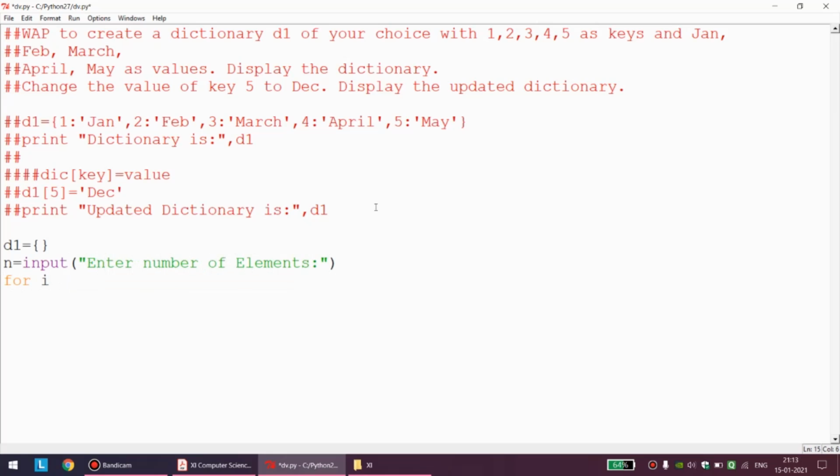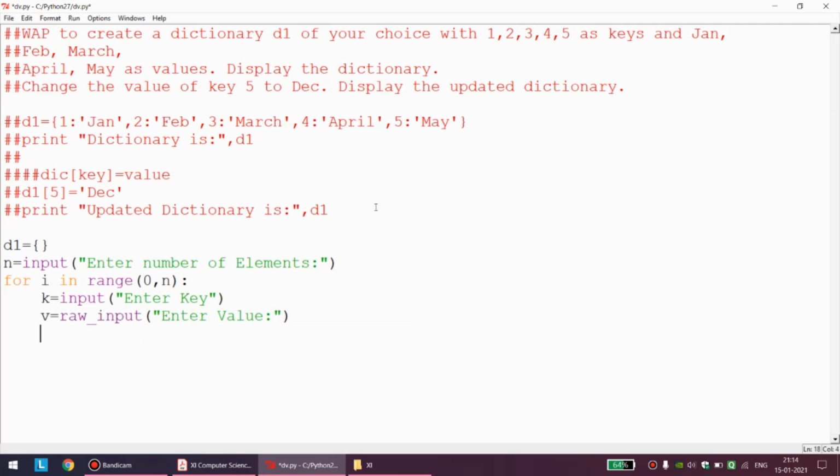And as you know, always we are executing the loop for i in range, let us say 0 comma n. Suppose the user asks 5 times, my program will ask for input. Remember, here dictionary deals with two things, keys and values. So we have to take input twice. One will be for keys, and here we have decided that key will be an integer. So let us say enter key, and here we have mutually decided that value will be string. Okay, and I already discussed in the introduction part, dictionary can accept keys, values as per integer, string, float, anything. Enter value.